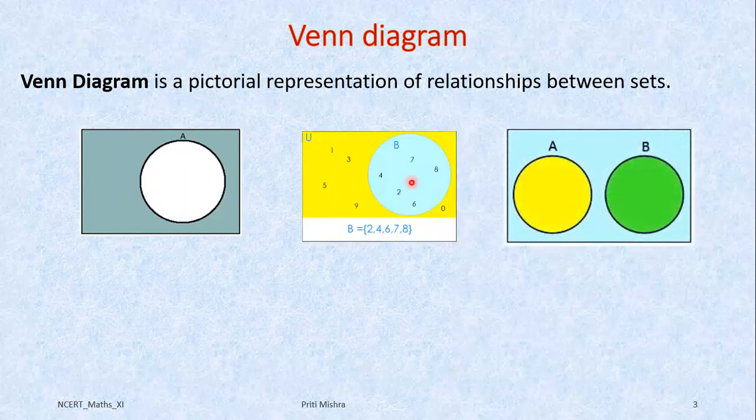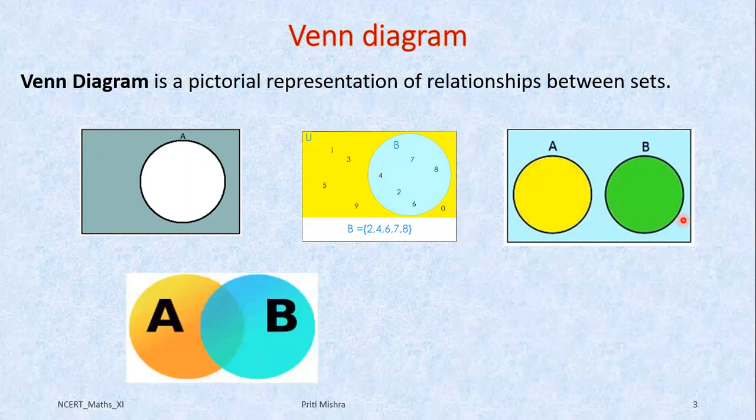Now, if you have to show two different sets A and B through the Venn diagram and both are having no element in common, then you can have such type of Venn diagram. And if they are having some elements in common, then you can have Venn diagram like this. Here you can see these two sets are overlapping a little bit, right? So this overlapped portion is representing their common part. So this is the pictorial representation or Venn diagram of two sets having some elements in common.